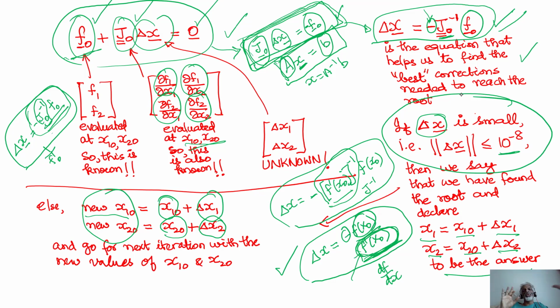So it all depends on how you write your code, right? What are the things you're going to check for convergence? When will you give up and say, well, I think I started with a wrong initial guess, or there is some error in my coding or in my declaration of the function or something, right? So you have to do troubleshooting. You don't want it to keep iterating endlessly. So when you write your code, you have to pay attention to all these things, particularly when you're using these codes in the industry. This stops our discussion on the multivariable Newton method for solving systems of nonlinear algebraic equations.